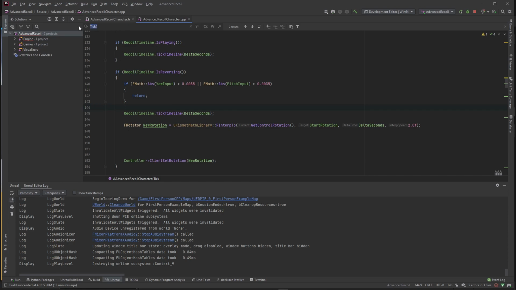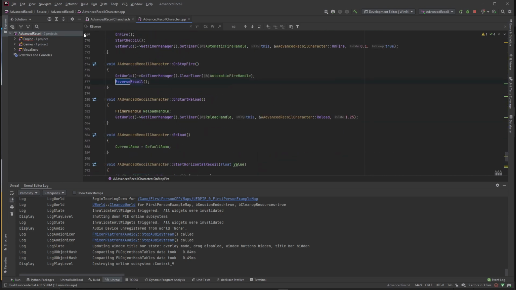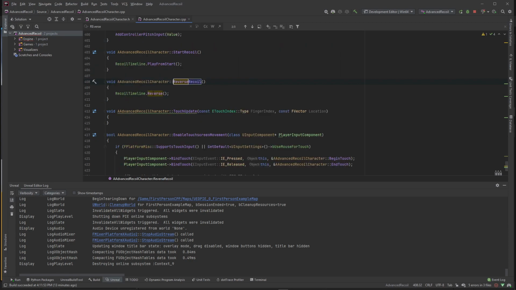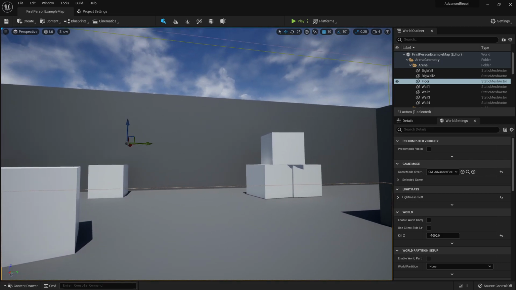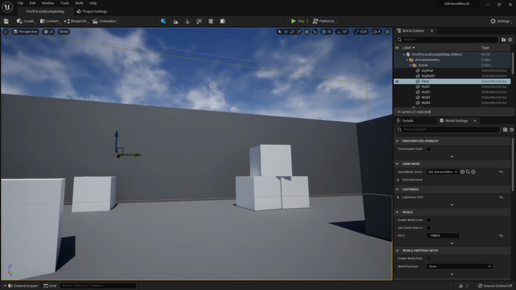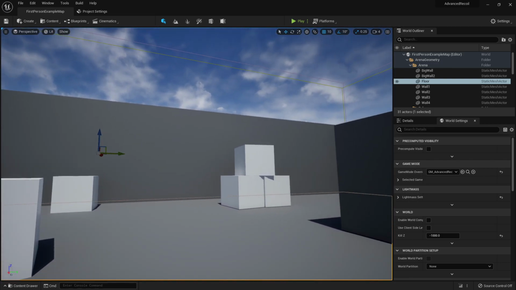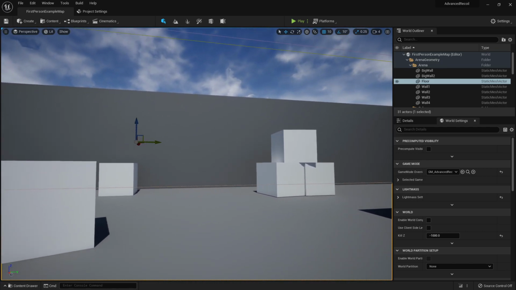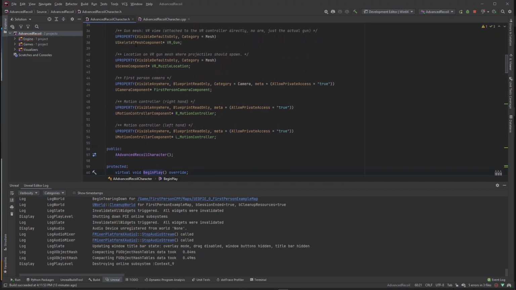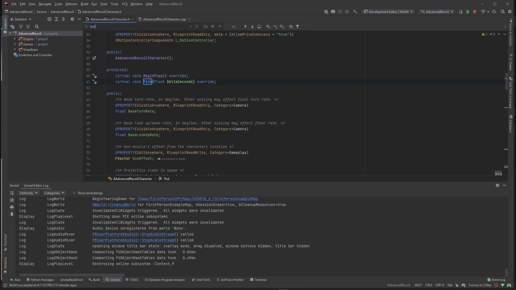So let's go to reverse recoil and let's go into this function, and we want to reverse from in because we want to use the full 3 seconds. So let's say reverse from in. Works a little bit better. And back to my explanation. So what's happening is however much time it takes us to get to this point, it reverses and it ticks the timeline. So if it takes us a second to get here, for 1 second, we'll be reversing. That means for 1 second in our tick function. So if I go to tick,